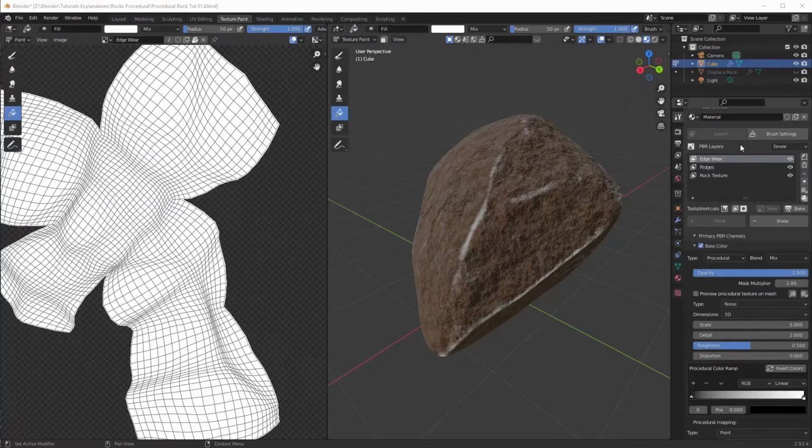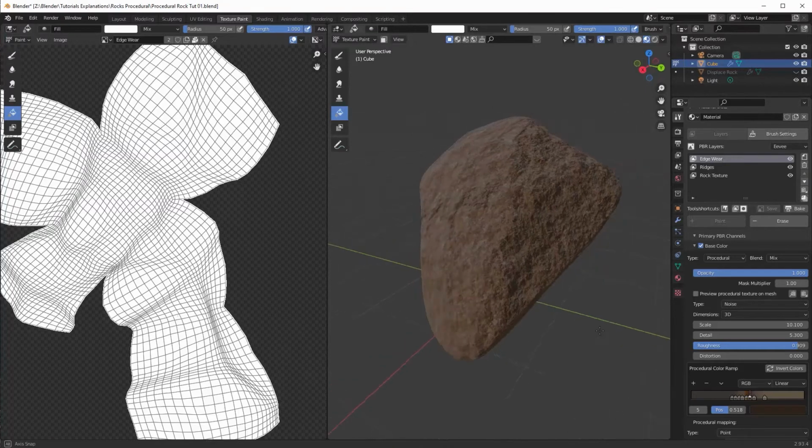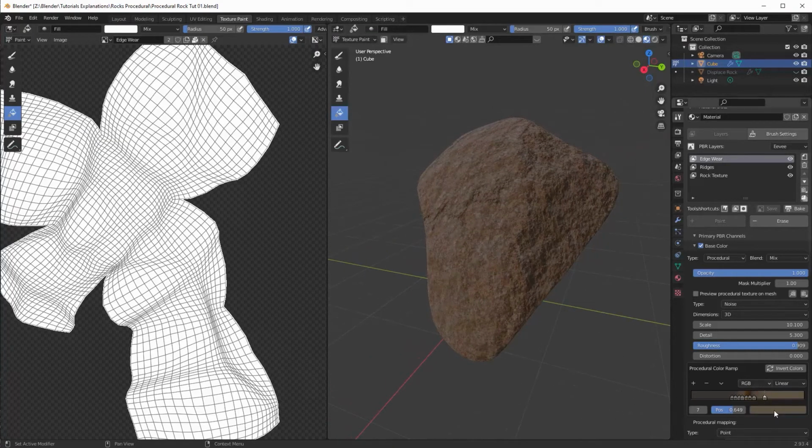So if we go back to that rock texture and we'll copy that, copy procedural setup over to edge wear and paste procedural setup. That's going to look identical now, so you won't notice any difference. So I'm just going to brighten these up until I find something that looks